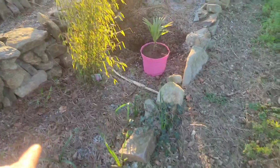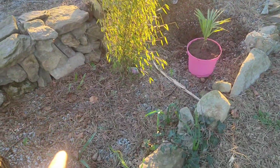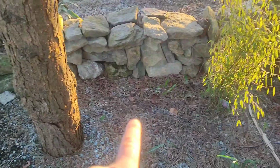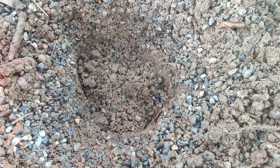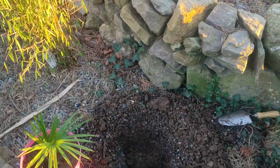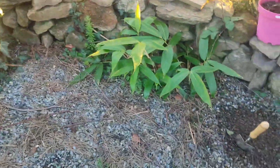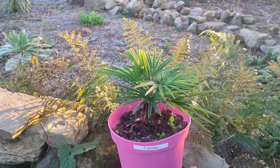Right, I'm going to leave this space free because I'm going to transplant one of the phormiums just to give it a change of colour as well in this area. But I'm going to continue on with the waggy crosses, and this is a waggy princeps, and plenty of gravel and stuff here. Right, so just in this last section here, it's going to be the standard princeps. Looks super healthy, and just around the corner, we're only a couple of meters away,